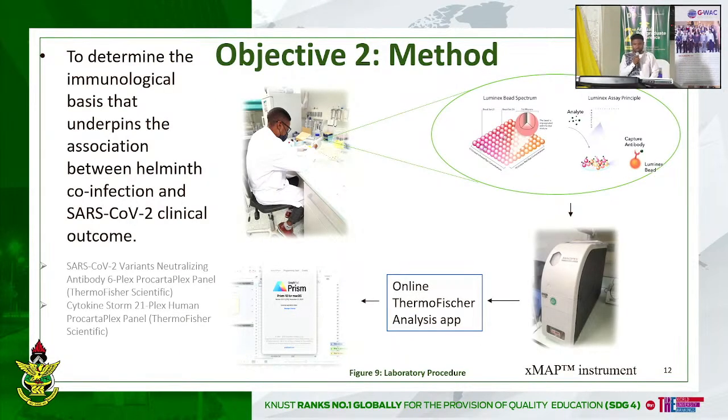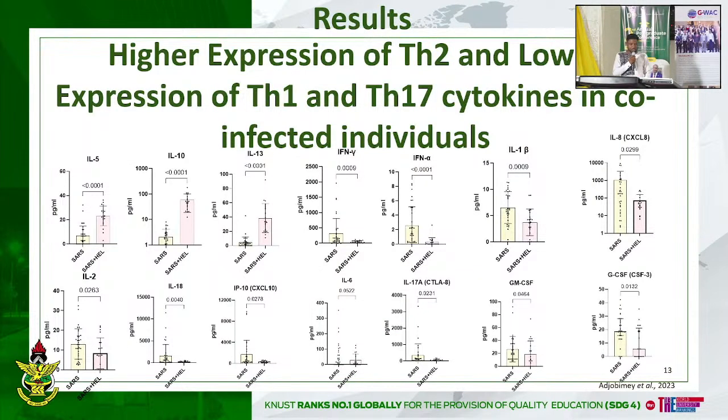Looking at our second objective, which was to determine the immunological basis between the 2 infections, we conducted a series of ELISAs and SARS-CoV-2 neutralizing assays, and we also looked at 21 markers, 21 cytokines. And the findings were interesting. We found that individuals who were co-infected with helminth and SARS-CoV-2 exhibited a significantly higher expression of type 2 anti-inflammatory